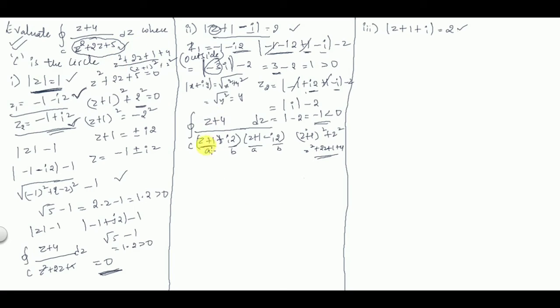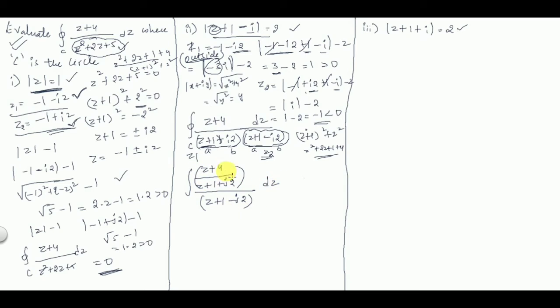Okay, so we have found that this singularity, if you take this singularity as z1 and this singularity as z2, so z1 is lying outside the given circle, and z2 is lying inside the given circle. So we can apply Cauchy's integral formula only for z2. So z1 should not be there in the denominator, so we have to take this z1 to the numerator. That means we can write (z plus 4) by (z plus 1 plus j2) divided by (z plus 1 minus j2)